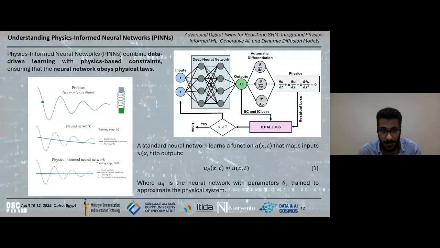At the bottom of this figure, you can see that with the physics-informed neural network, you can get exactly the same shape as the main problem very quickly during online monitoring.